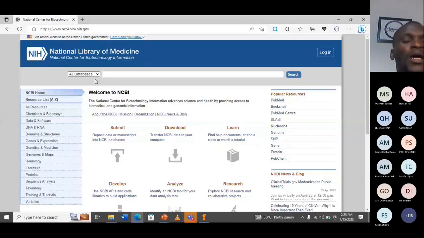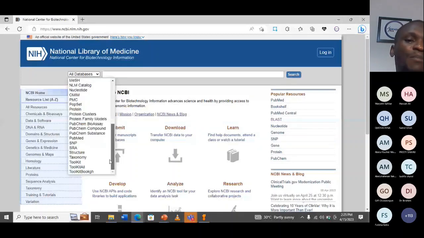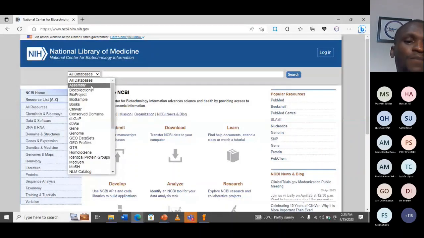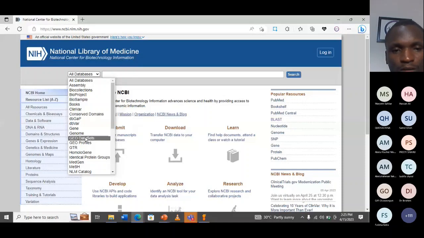Now, for us to proceed in data retrieval, I will talk to you about all databases. This is the all databases section, which gives us specific areas where different kinds of data are stored. We have the assembly, we have the genome, we have the gene, and then we have the nucleotide. So we can search for a particular genome of a bacteria from this end by clicking genome,